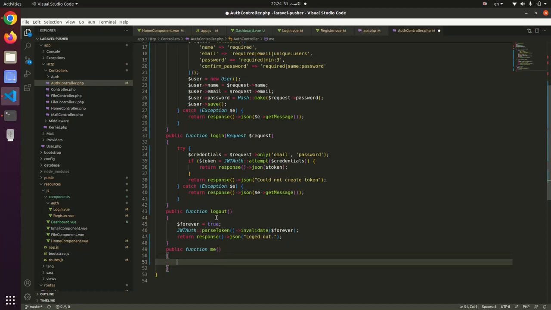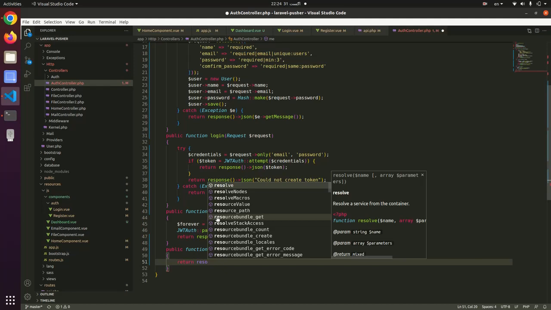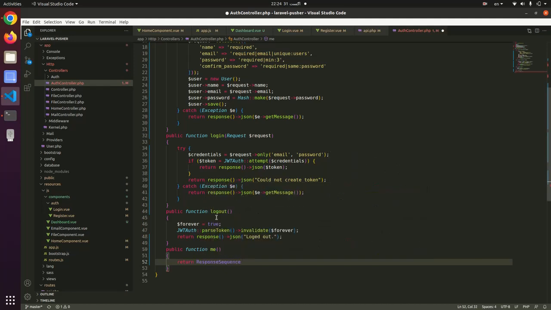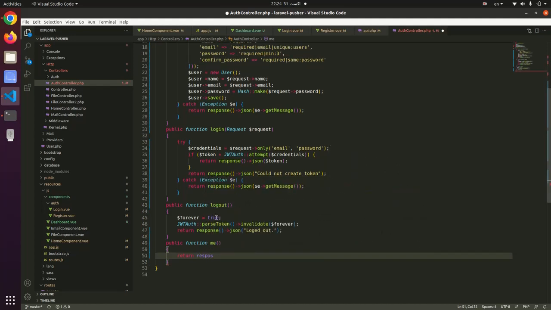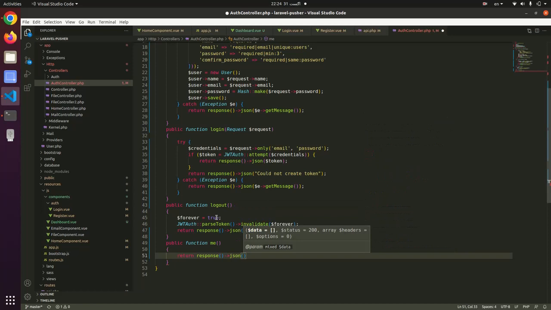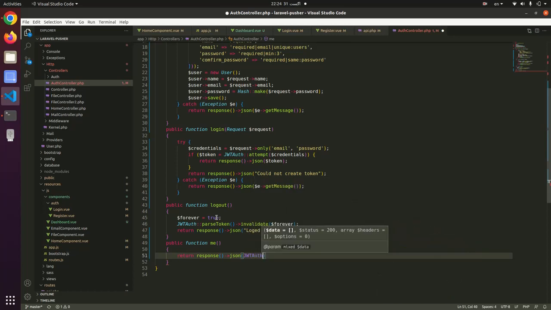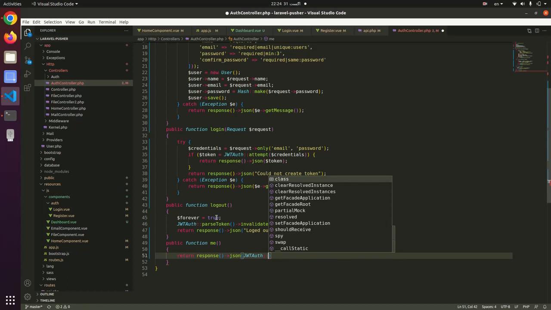For me, we will return response JWT auth and user information. Okay,